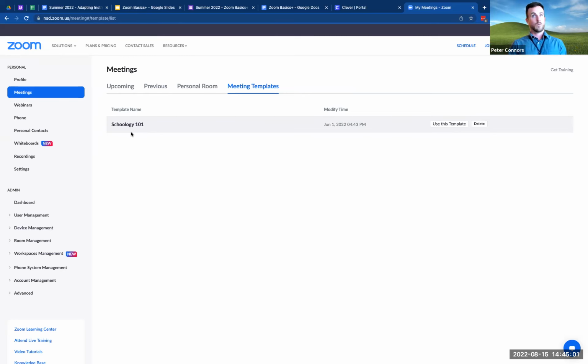Like, I definitely want a waiting room when I don't have the account enforcement, because that's like my airlock to protect me from someone who joins the meeting intending to Zoom bomb me. If I see a weird username, well, I'm probably not going to let that person in. Whereas if they're a district account, I know that they're at least going to have a recognizable name there. All right, so that is meetings.